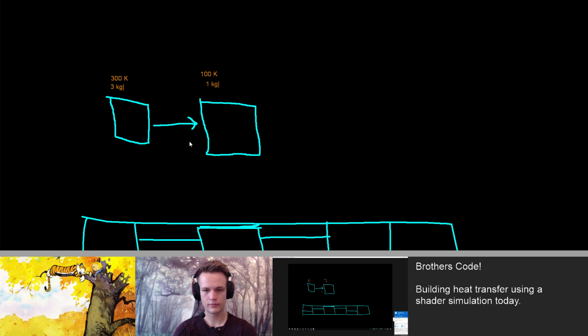But if this block here has a much lower heat capacitance, then temperature will flow much faster through this. And if this one has a very large heat capacitance, heat will flow much slower through this. Oh, I see. So that's the thing that we need.